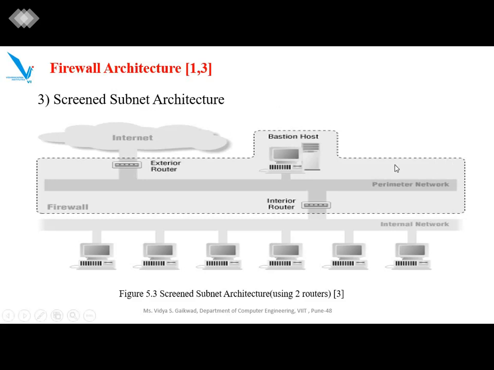Now let's see what we mean by this perimeter network. This is a firewall which is installed between a private network and internet. This is our private network and this is our internet. So it controls all the traffic between the private network and the internet. The perimeter network is an additional network between the external network and the internal network. It provides additional security to the internal network. So if an attacker is able to break the outer security of the firewall, then the perimeter network protects the internal network by providing an extra layer of security between the attacker and the internal network.